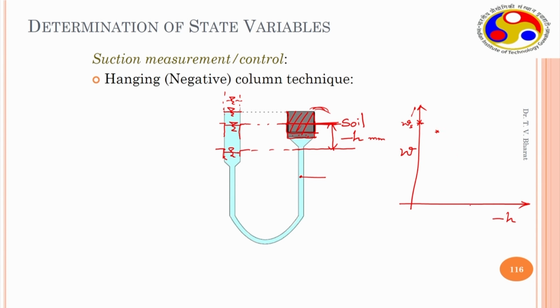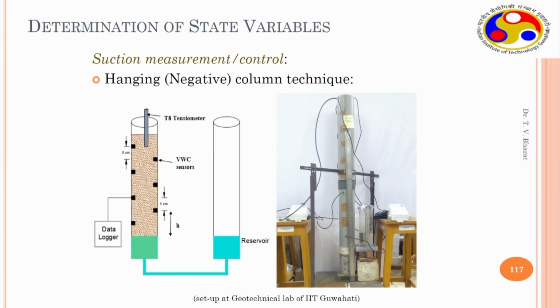As you increase the head further, you would suddenly see that there is a discontinuity between soil and water, and water is up to only here. That is the point where the air enters into the soil system. When air enters, there is a discontinuity between soil and this water column. So, this is the simple way of explaining the hanging column technique, showing how the water content changes with negative head. A very good soil water characteristic curve could be estimated using the hanging column technique.